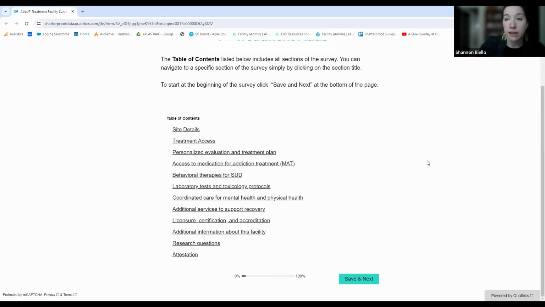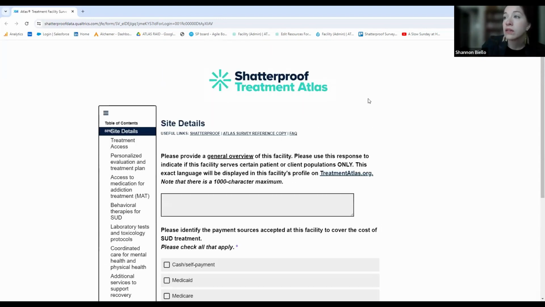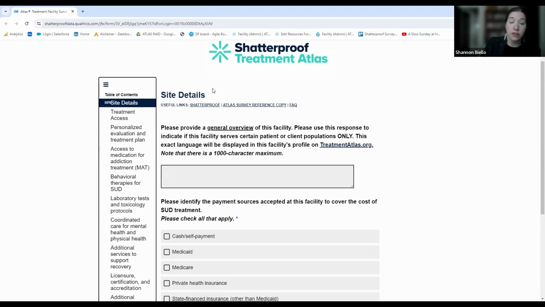We recommend that you start in the site details, because this helps in getting all your baseline information in place. And then once you complete this, you can jump around to all of the different possible sections that are available in the survey. I want to note that once you pass the table of contents page,